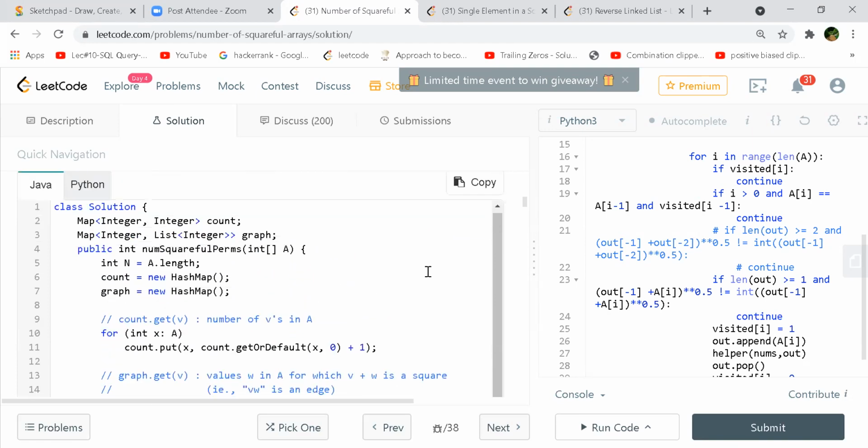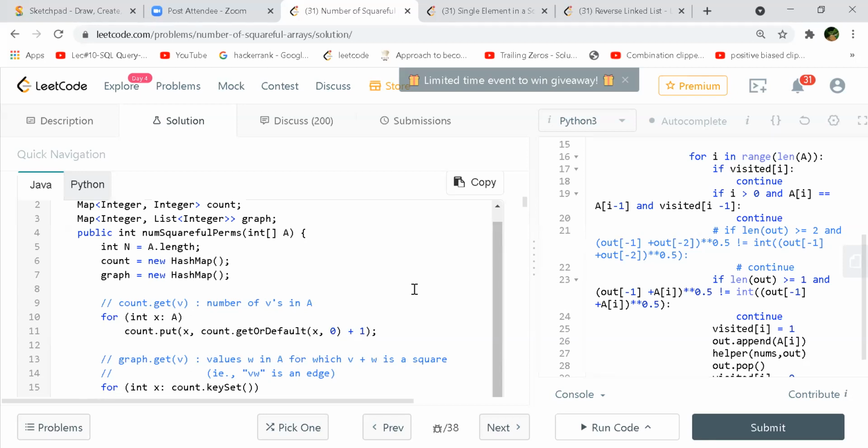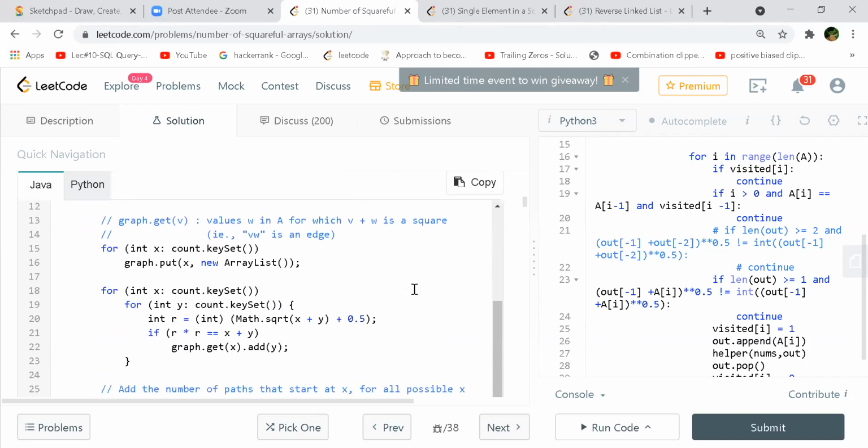Yeah, that's correct. So they are saying you do a DFS, right? First you form that adjacency list. Now you start with any of the nodes. When you are actually starting, you will have to go from every node. So you start with one node, and then you go all the way down. Because you have an adjacency list, you will always find a perfect square. And then when you find a full path of that particular size, you can say that is one permutation. And then you keep on doing the DFS for all of the other nodes. Right. And then you keep a count. Yeah. It should be possible.